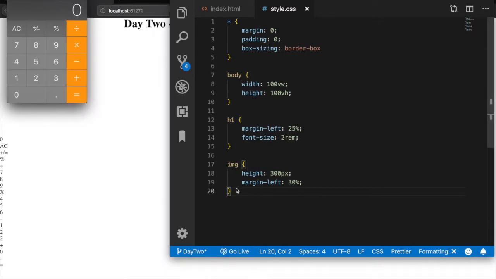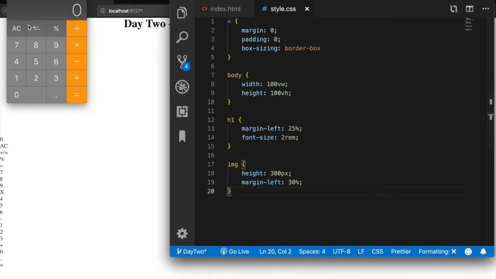Alright, so as you can see, we have 4 columns, and I'm going to use 7 rows because I'm going to give the input 2 rows. So 1, 2, 3, 4, 5, 6, 7. We're going to use 7 rows. So with grid, it makes this a lot easier. So on